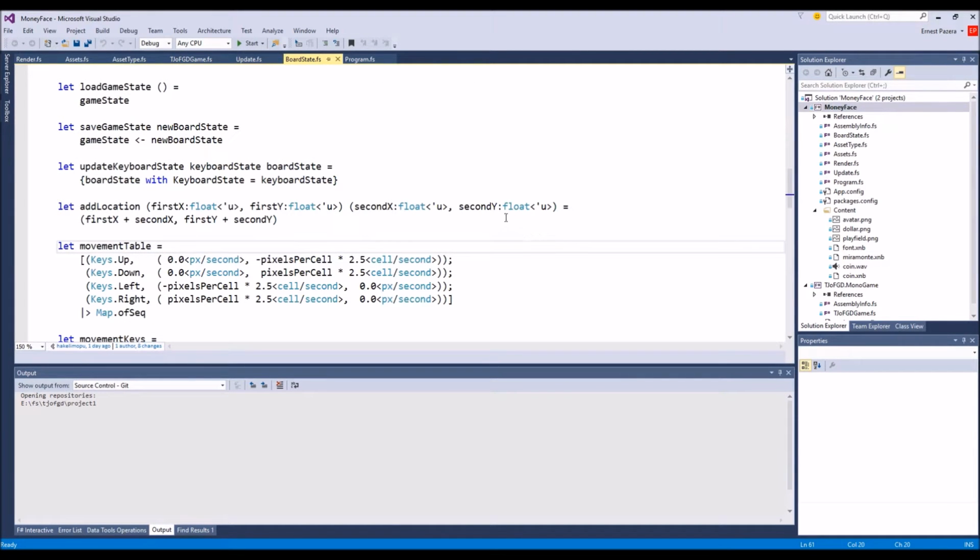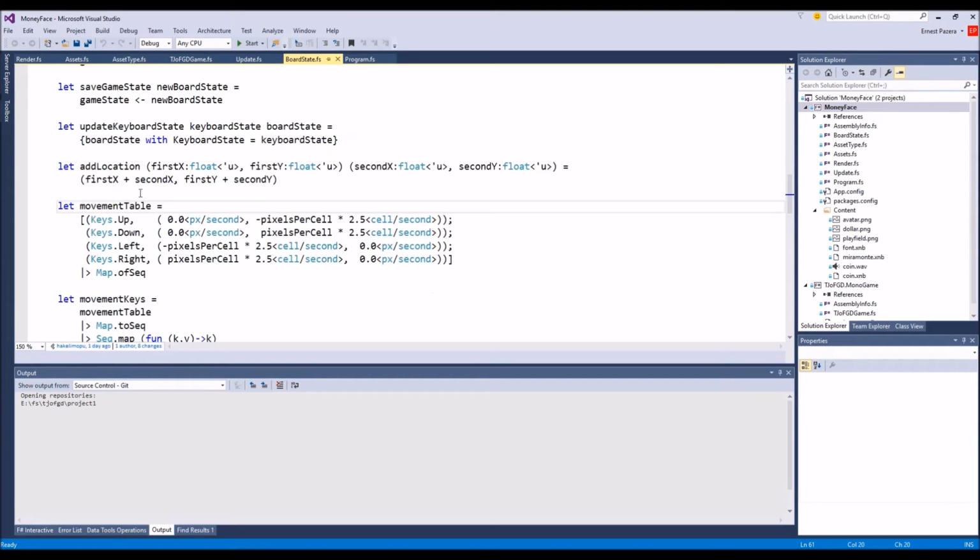My problem before was whenever you normalize something, you get a vector with a magnitude of 1, and I need that multiplied by something. So the movement table needs to be in unitless measure,